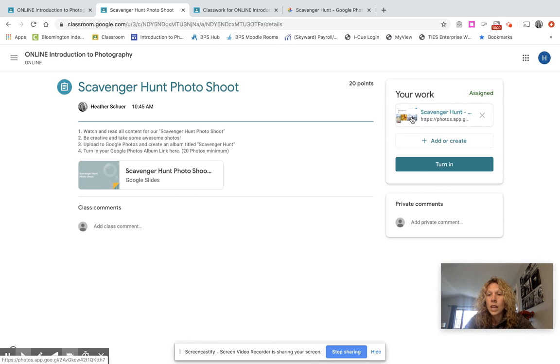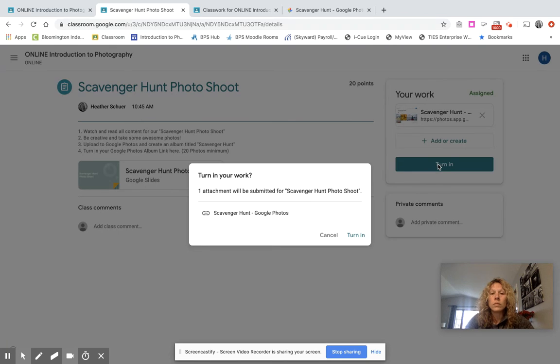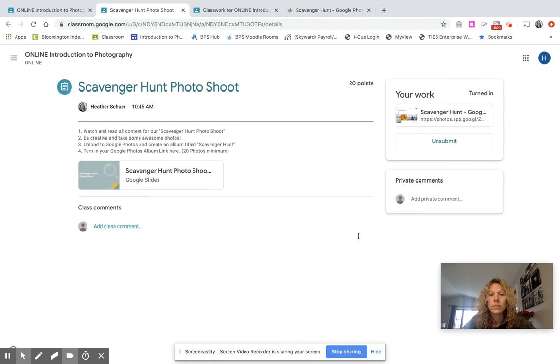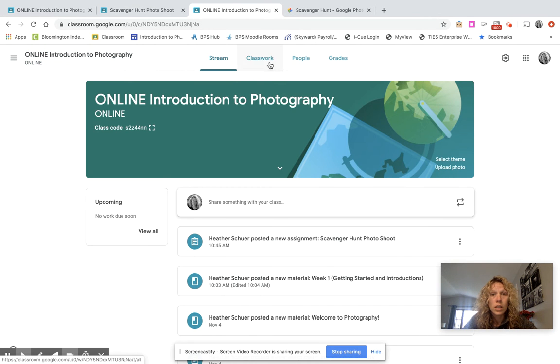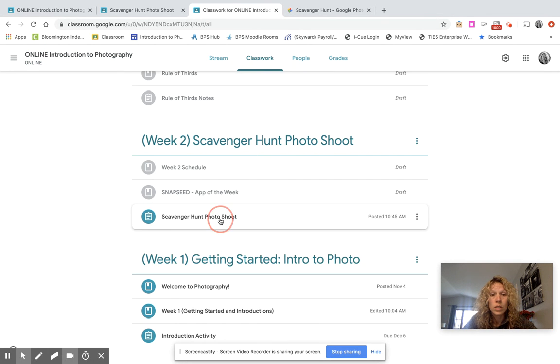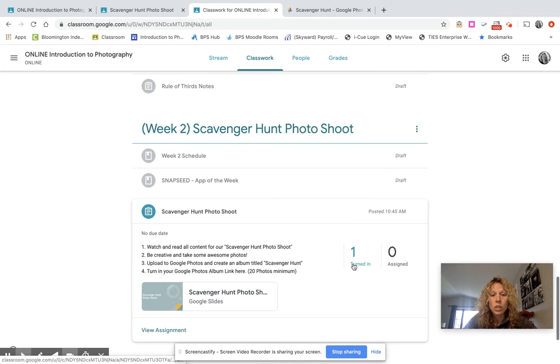So you can test that it actually works by clicking on it right there before you actually turn in, and then you would hit turn in and turn in, and then you've submitted that photo shoot. From the teacher view, I'm going to refresh this and go back to my teacher view. That one that I just turned in,